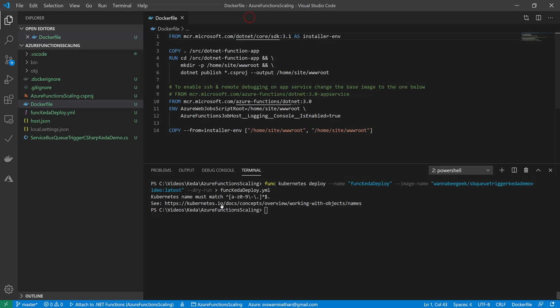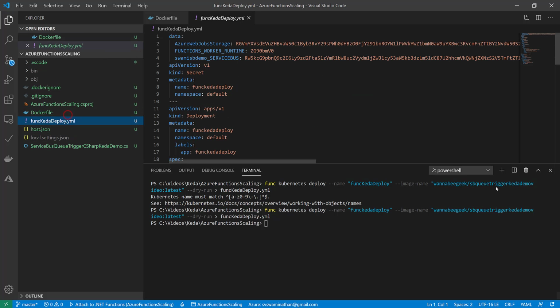Okay, it looks like it's given some error. The name doesn't match. Okay, we need to give only lowercase letters. Okay, deploy. I'm going to do this one, and I believe that should fix the issue. And yeah, so now what has happened is,